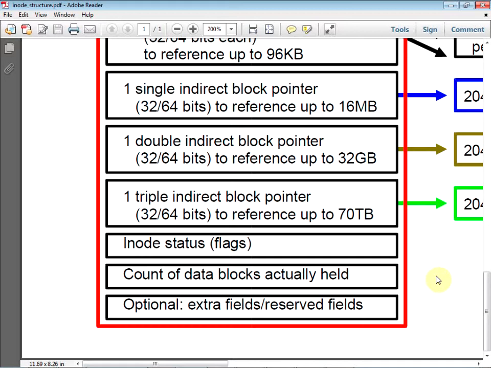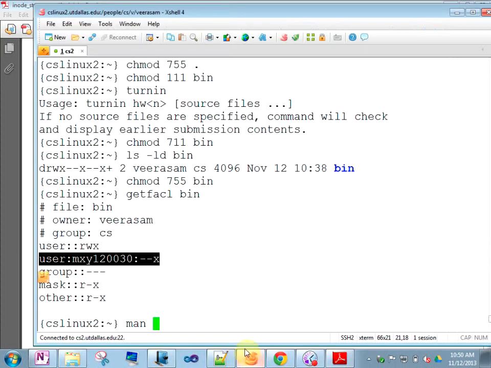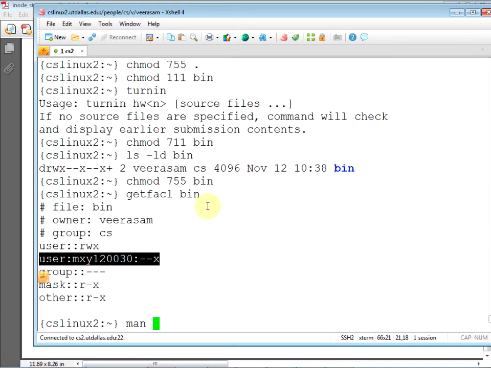Where is the inode structure stored in the file system? Remember, when you format the volume, it creates the inode structure, an array of inode structures. So that space is created for the inodes first, before you even create any files. When you create a file, the inode is allocated. By default you won't put anything there, but if you use setfacl, getfacl, then it will use that access control list.